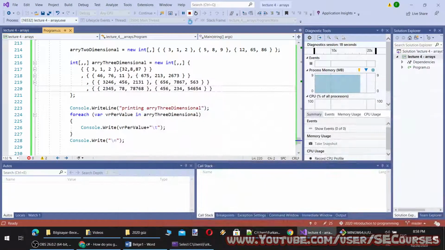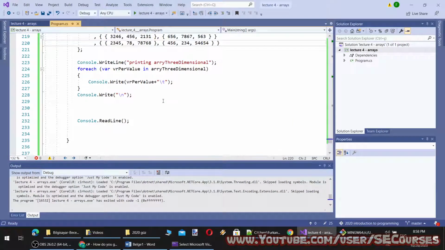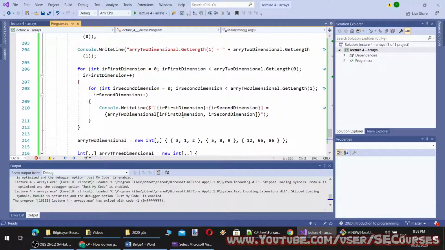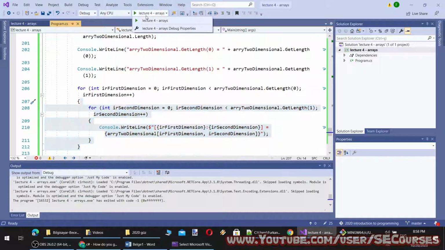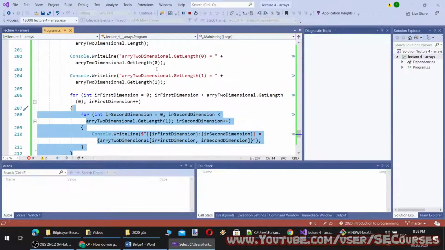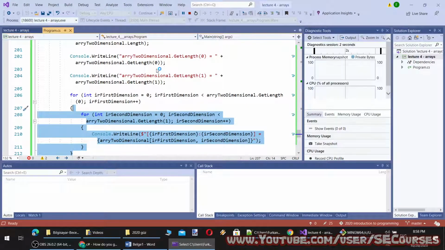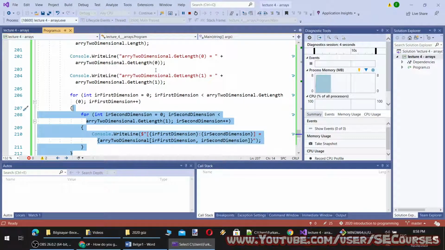However, currently we are not able to know their indices. Here we know the indices. What I mean is, indices are the indexes of each value. Let me show you.